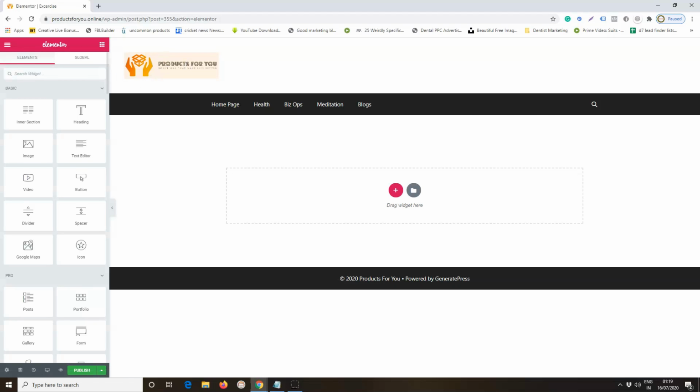This is the blank page that you are seeing on the screen. It has no element. There are two ways to do that in Elementor. Either you can design the entire page from scratch, or you can utilize the block gallery as well as the template gallery of Elementor and create the page.